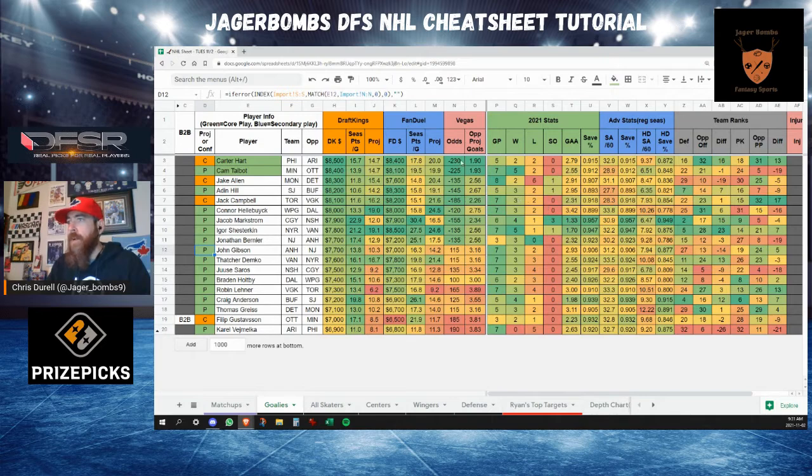But the first place I'm looking are these minus 230 and minus 225 favorites in Hart and Talbot versus Arizona and Ottawa. The opponent's projected goals scored, which I've added here this year, are both under 2. So that's really good right off the start. They both haven't been terrific in terms of their overall save percentage. What I like about Hart is Philly's defense has given up a lot of shots, so he's facing almost 33